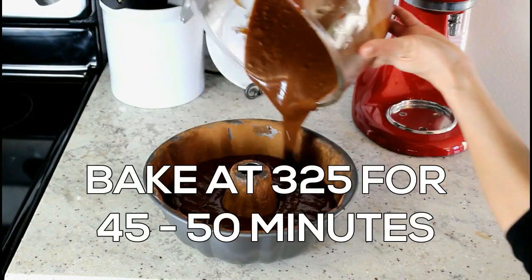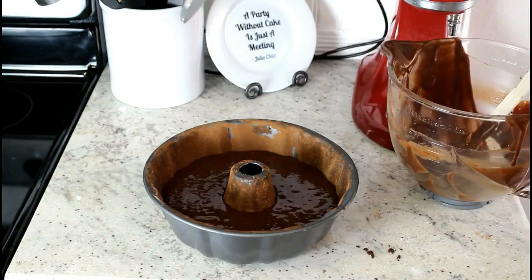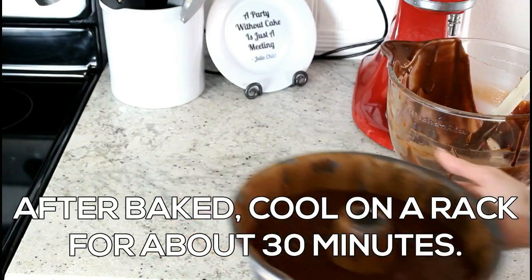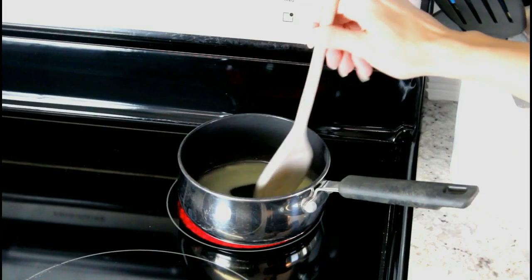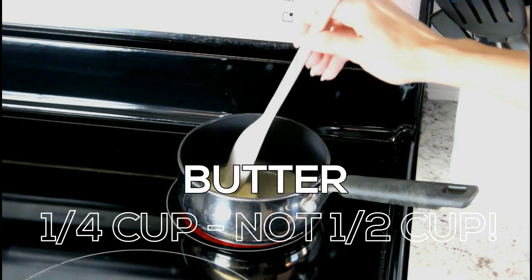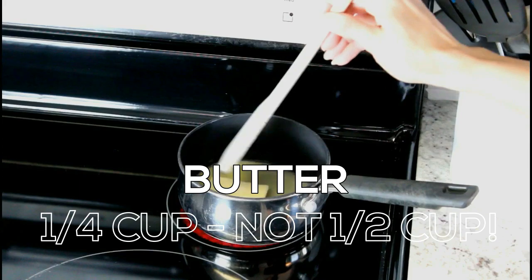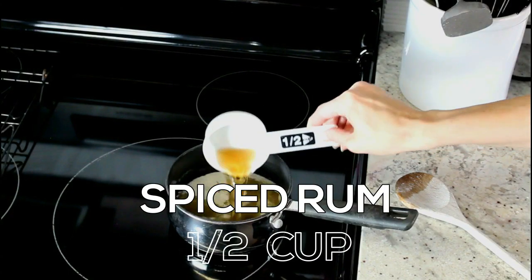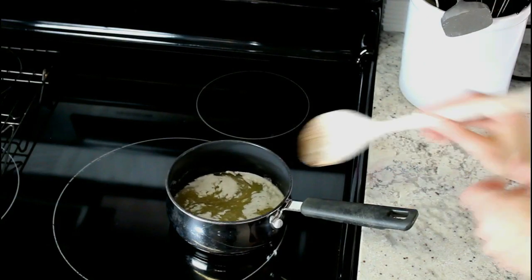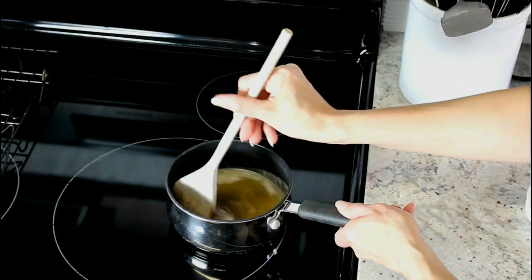And you're going to bake at 325 degrees for about 45 to 50 minutes, and then make sure to cool it on a rack. Meanwhile, you can prepare your rum glaze, and just melt a half a cup of butter. Make sure that's all melted. Take it off of the heat, and when you take it off of the heat, you're going to add in the half a cup of rum,